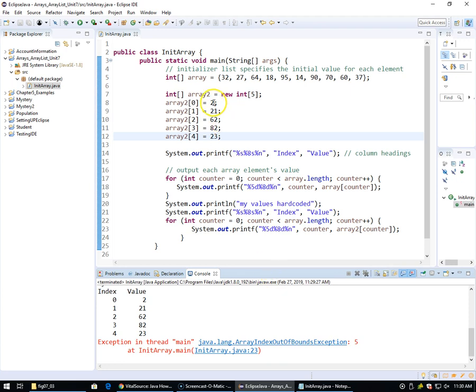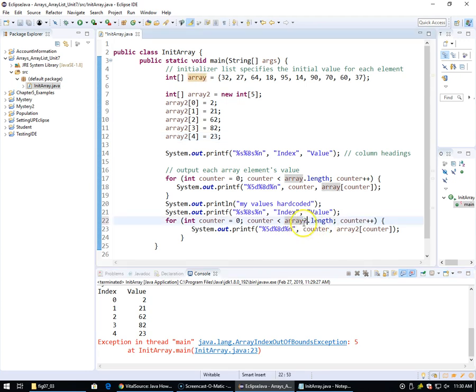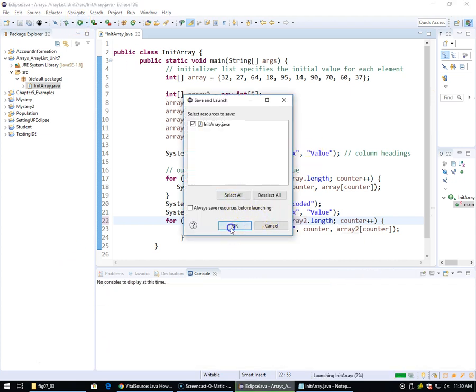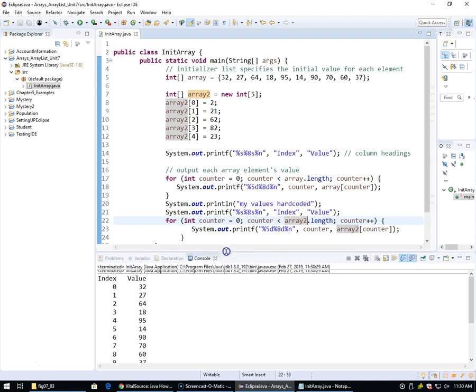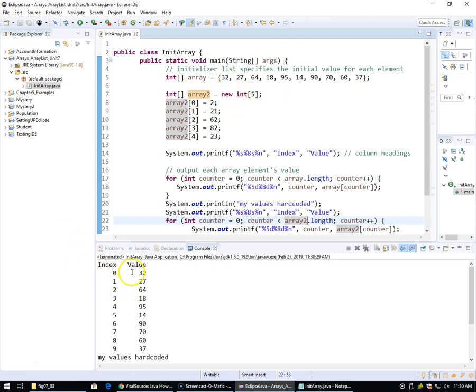remember I put my value in 2, so my value is hard-coded, and counter equals 0, array2.length. That's why you're actually getting this error, because remember, the second one, I'm actually looking to see how big the second array is. Okay, so that's why I was getting that error. Let me correct it. Okay, and now I have, this is my initial one, which printed 0, 32, 1, 27, 2, 64, went like this,